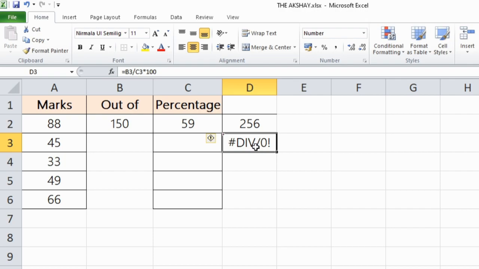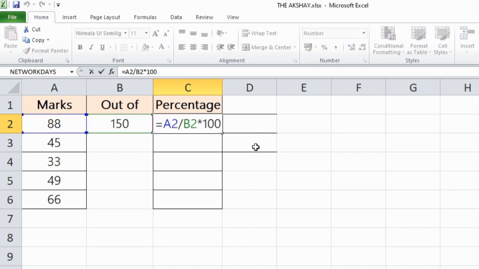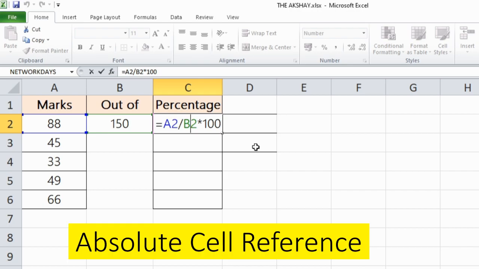So that means sometimes we don't want to change the cell references. In that case, you want to use absolute cell reference. So here in this formula, I will just change this formula. The absolute cell reference is a cell address with dollar sign.